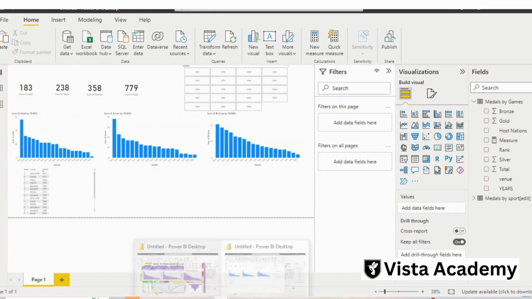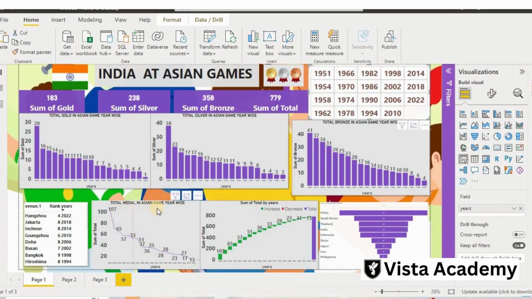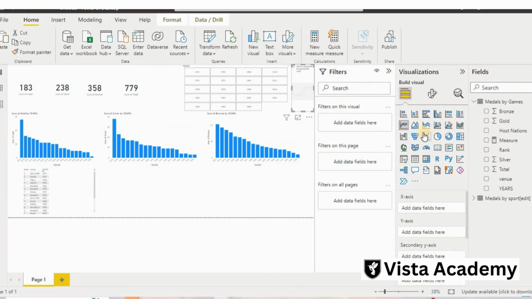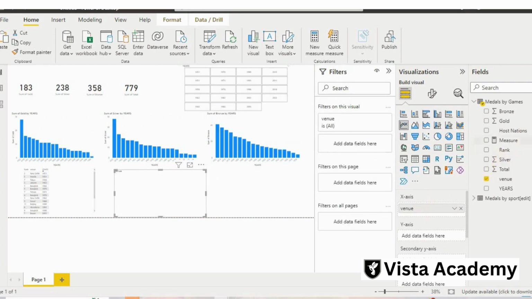Next thing is, if I want to check it according to the medal in Asian games year wise in a chart, a graph chart here, how can we make that? For that I will take this line chart here. I will click outside and take a line chart, and then I will put it here, increase the size, and this time what I will take is our years, and the next thing is our total. So I will take the total medals, whatever total medals we have here.